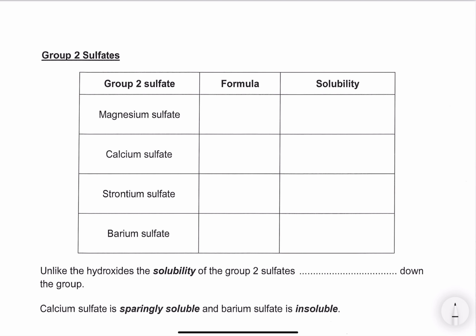Now we're going to look at the group 2 sulfates. So the chemistry of the group 2 sulfates, we're going to start with what their formulas would look like. So we're group 2 metals, and the sulfate ion is a 2- ion. So MSO4. So if we were to do that for magnesium,